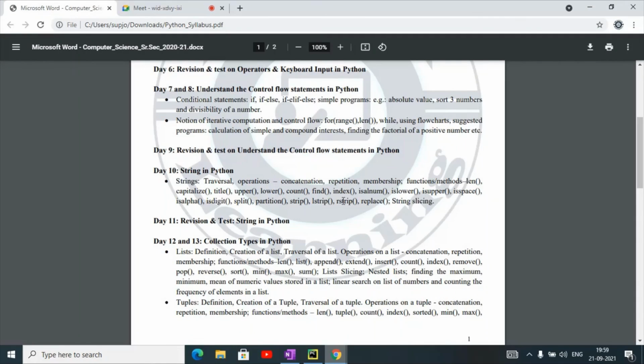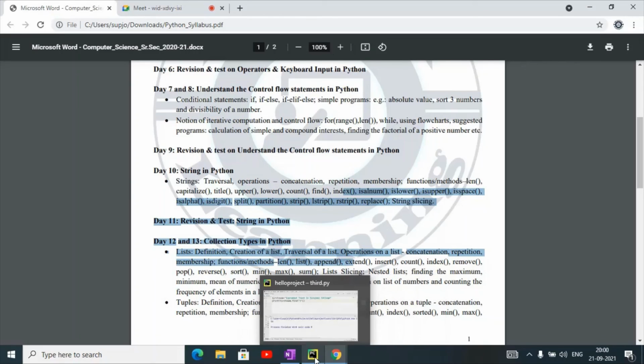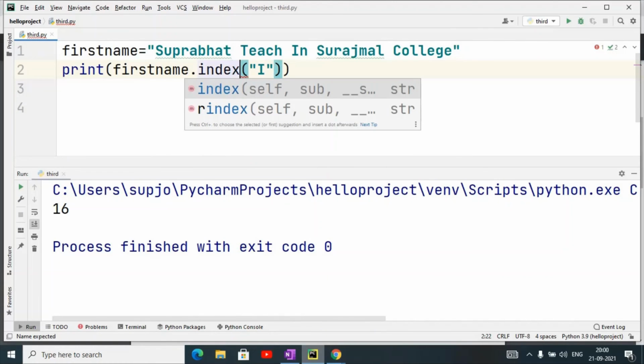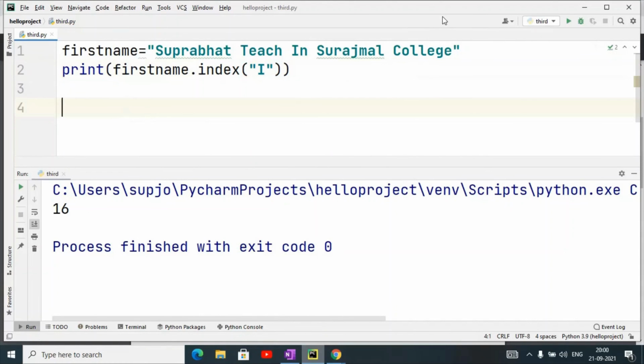Next one is index. Find and index: index also works like that. Both are the same, so why two different?